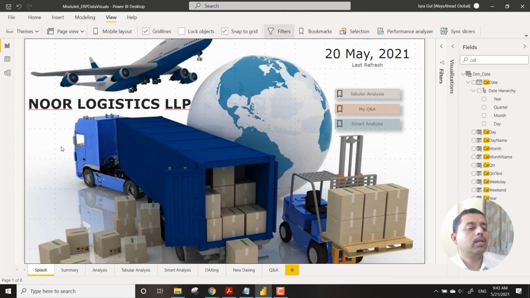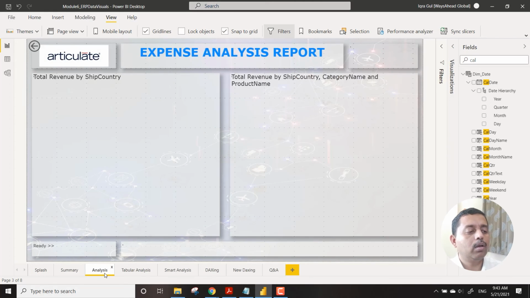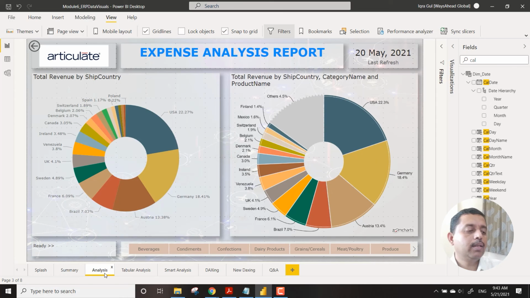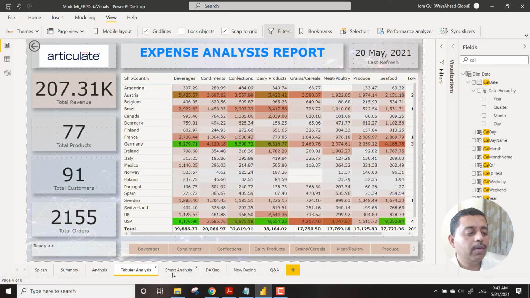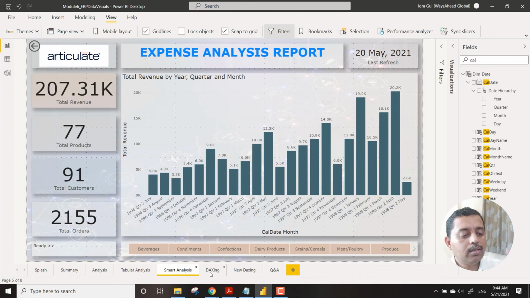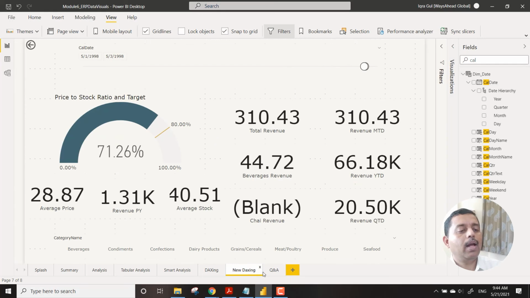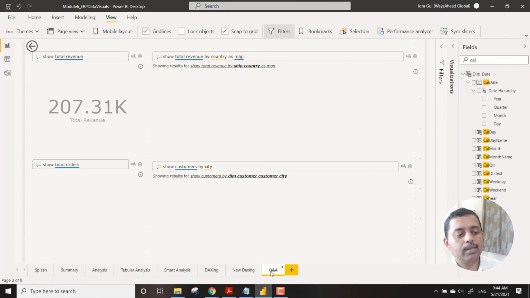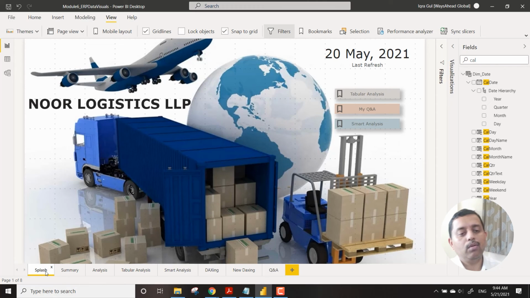So this part I am clear. If you go to summary now, you will see that the look and feel has completely changed and it's giving a very beautiful look. If you go to analysis, see, it has changed. So one click and you can see everything has changed. It is looking so nice and trendy, and the entire report has got a new look.